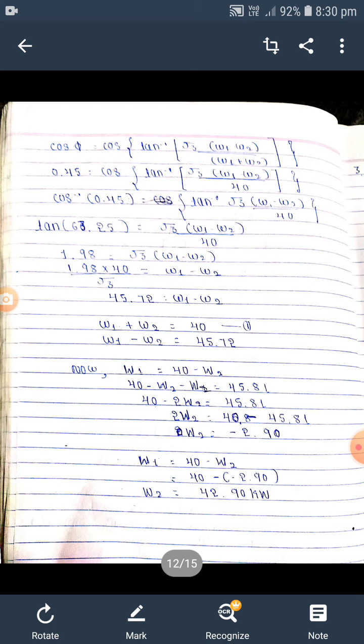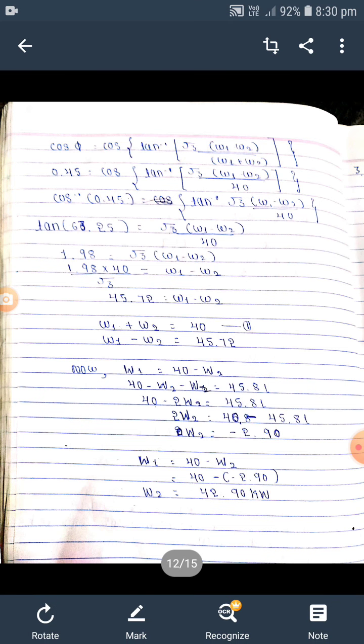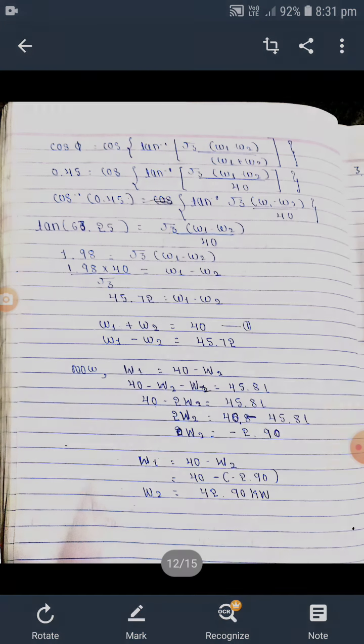Please look into this. In this three-phase circuit, you will get another theory question: explain the advantages of three-phase system over a single-phase system. I told you the three-phase apparatus is smaller in size and cost is less compared to the single-phase. Three-phase motors are self-starting motors, whereas single-phase motors are not self-starting. Three-phase motor produces a uniform torque, and single-phase motor produces a pulsating torque. So write these 4-5 advantages. You will get 5 marks in the examination. Please, I hope that you have understood this topic.